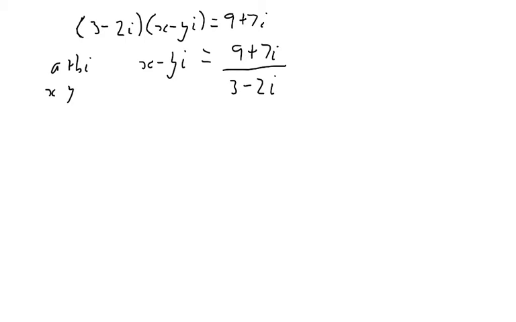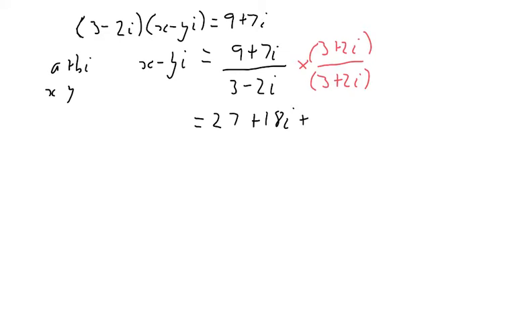Now, we're going to multiply it by its conjugate. Now remember, the conjugate, we're creating a difference of 2 squares. So it's 3 plus 2i over 3 plus 2i. So we're multiplying by 1. So technically, we're not actually doing anything to it. So we expand. We're left with 3 times 9 is 27 plus 18i